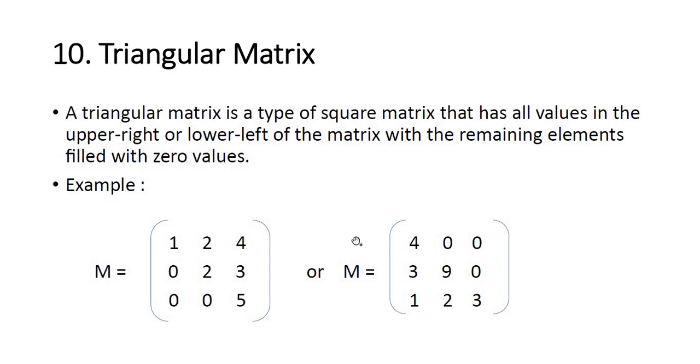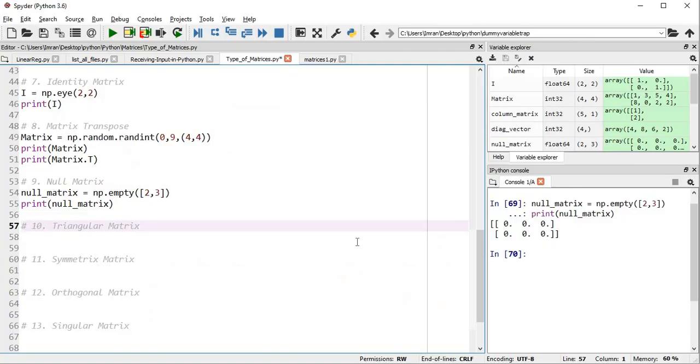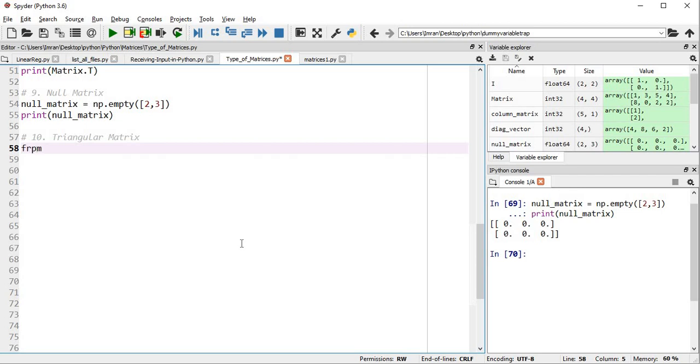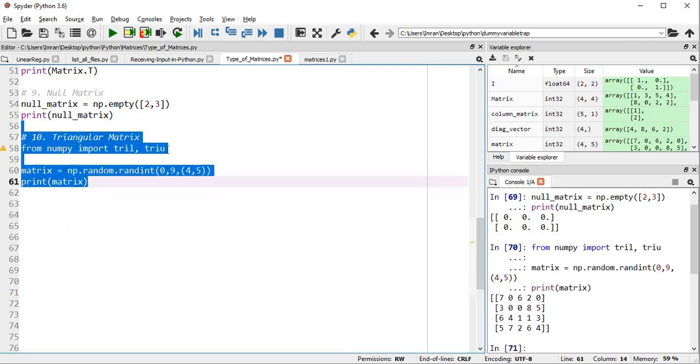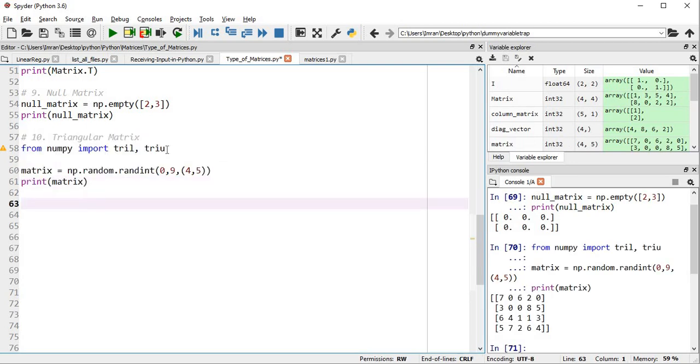If you want to execute this in Python, how do we get this? It is very simple. In Python numpy there are a few functions we will use. We'll write from numpy import tril, triangular L for lower, and triu, triangular U for upper. These are the two functions we'll use, and we'll create our own matrix. So this is our matrix. Now we want to create a lower triangular matrix. Lower is equals to,